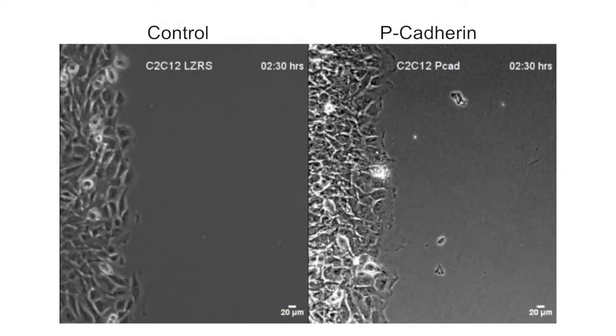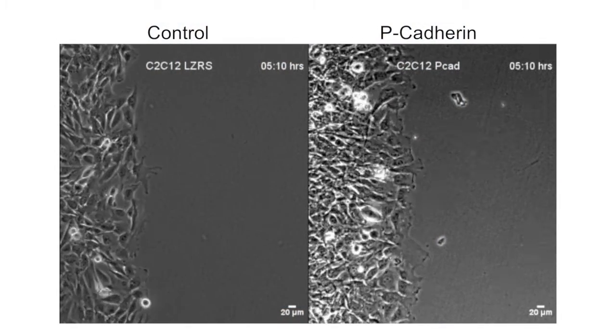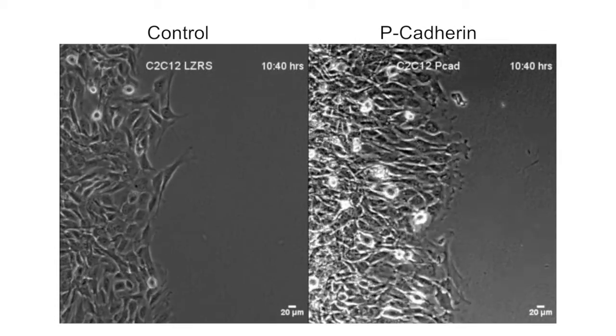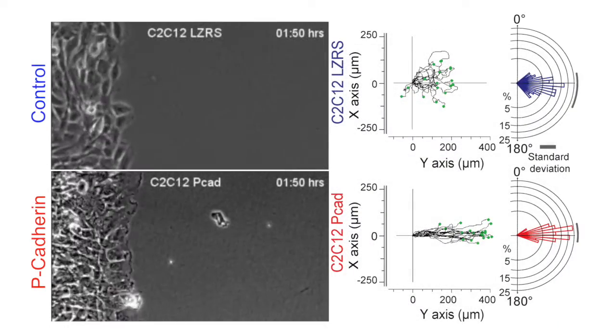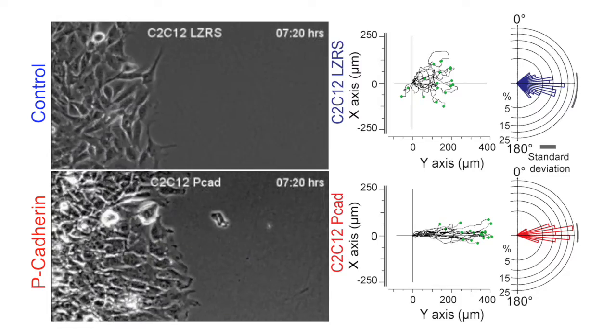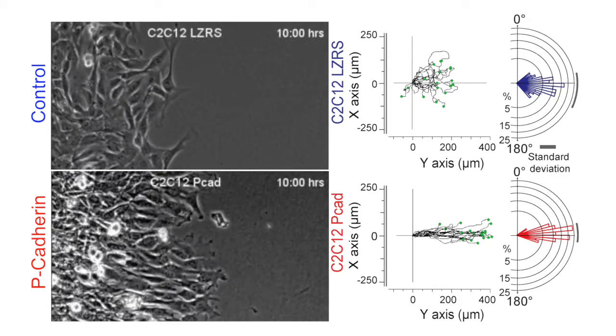To investigate the role of P-cadherin, Gauthier-Rouvière and colleagues, led by graduate student Cédric Plutoni, expressed the adhesion protein in C2C12 cells, a myoblast cell line that doesn't usually undergo collective cell migration. The researchers then performed a 2D migration assay, in which cells move into a free space created by the removal of a physical barrier. So when we express P-cadherin in C2C12 cells, we first observe that the cells move faster